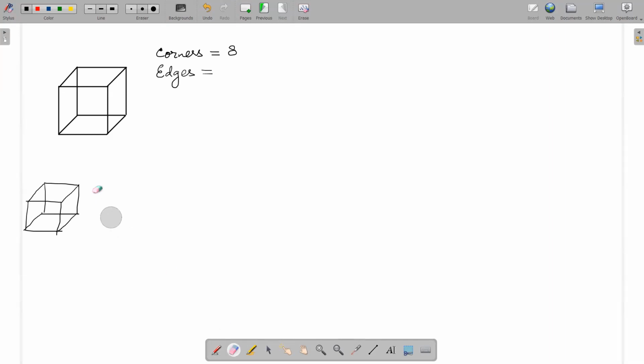So again, I will ask you to draw a cube and then count the edges. You made a square with 4 edges, another square with 4 edges. Then you joined, and while joining, you are making new edges. So count it. Okay, Sanya got it right. Mariam got it right. Waiting for others.